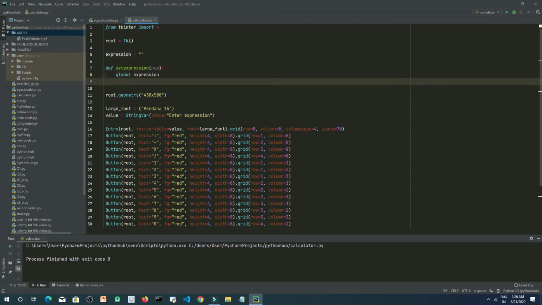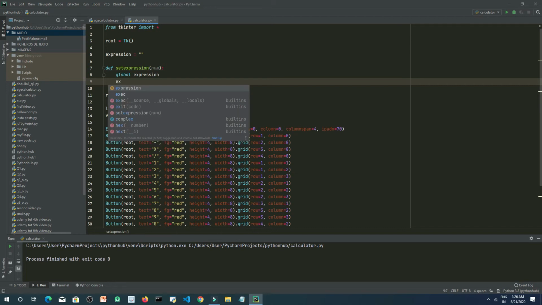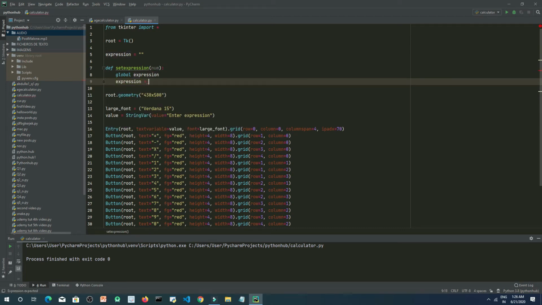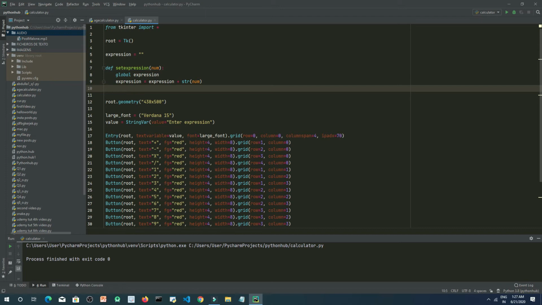So we will first get it using expression equals expression plus, that is, anything which will come as the number will be added to the expression string, after conversion of the number to a string if it is not already one. So now we will set the expression, that is the entry value, to be expression, right?